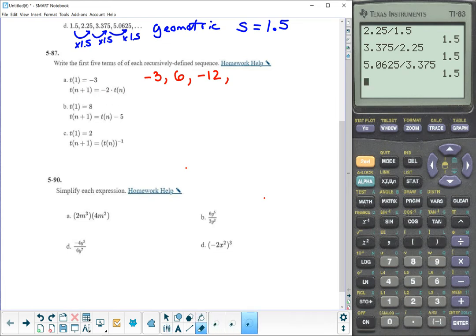Right, and once you figure out the pattern, you don't need to rely on this recursive formula anymore. But if you still need it, so for this first one, I'll go through all of it. If I need my 4th term, because this is 1, 2, 3, I need to use 3 right here, because 3 plus 1 is going to give me 4. So if I use n equals 3, I'll get 4 right here, and my n would be 3 still,